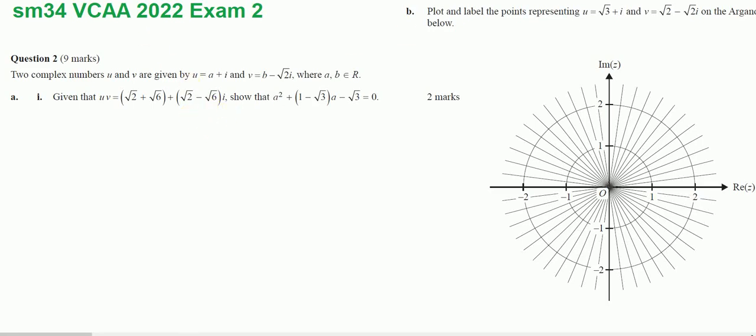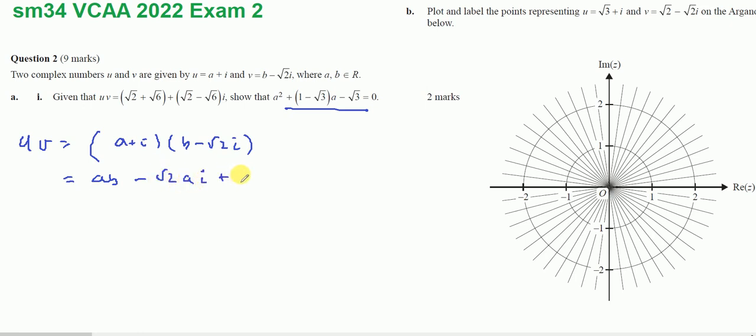Okay, so I need to show this. I need to get rid of the b's and I need some sort of quadratic expression. So uv is going to be a plus i times b minus root 2i, which will be a times b minus root 2ai plus bi minus root 2i squared, which will be ab